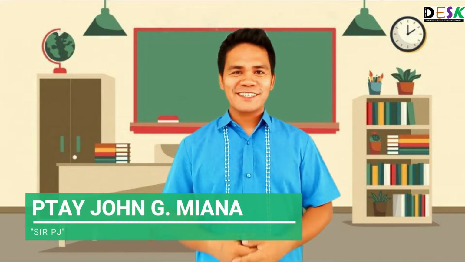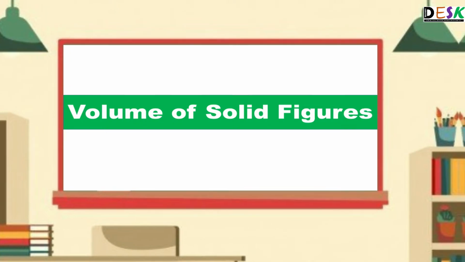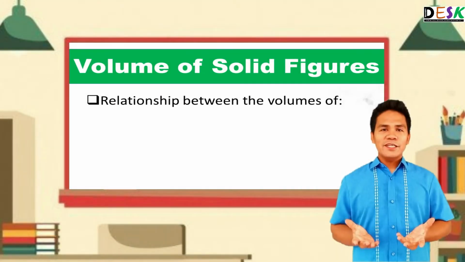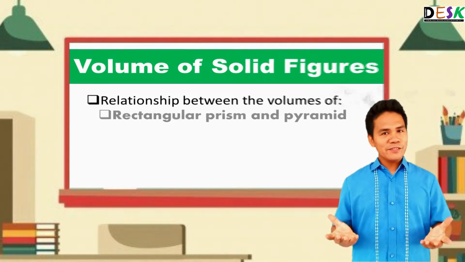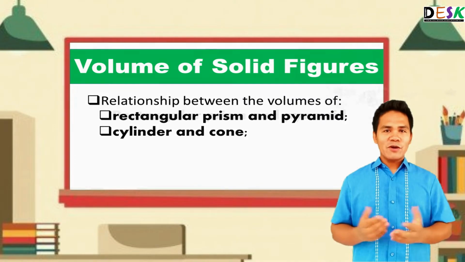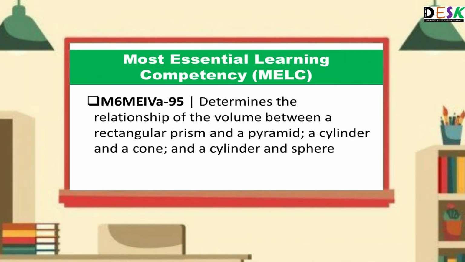Welcome to Mathematics 6. Our lesson today is about the volume of solid figures. Specifically, we're going to determine the relationship between the volumes of rectangular prism and pyramid, cylinder and cone, and cylinder and sphere. With the most essential competency code of